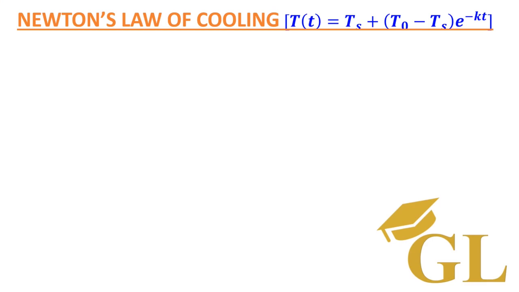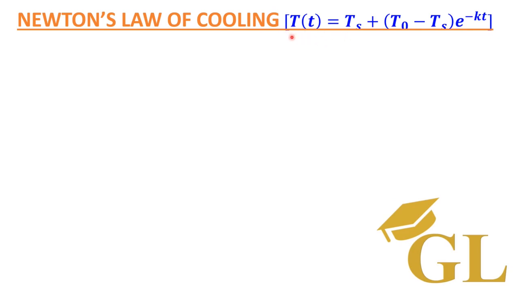So today we are going to be deriving the mathematical expression for Newton's law of cooling. And this is the mathematical expression represented here in blue: T(t) = Ts + (T0 − Ts) e^(−kt). So we are going to state the law, and from the statement of the law we are going to derive